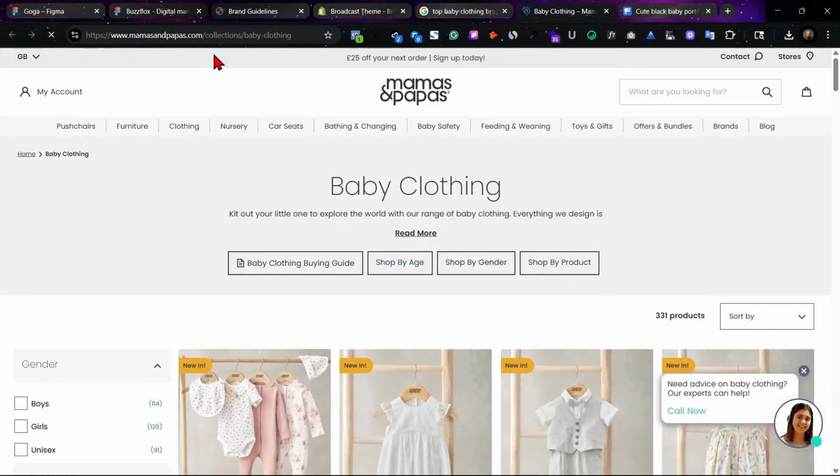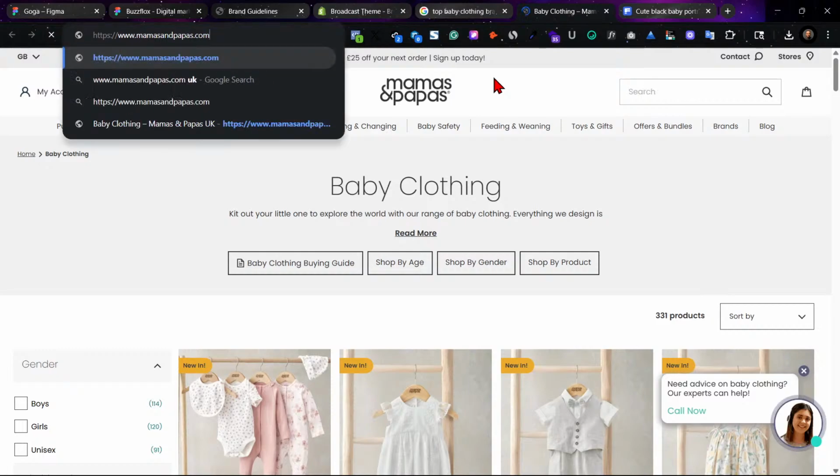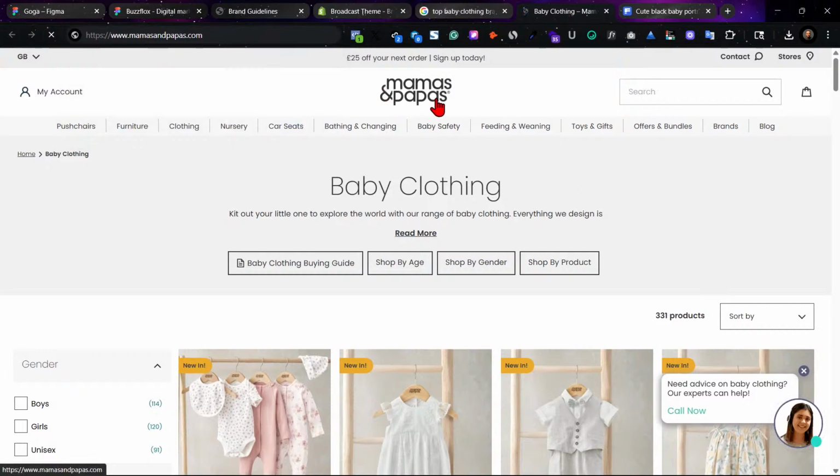Like if you check now, this site actually took us straight to the baby clothing, and it was actually very nice. I love these Mamas and Papas. Like, geez, this is actually very nice. And a good thing I like about this,